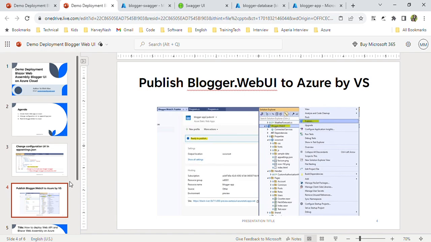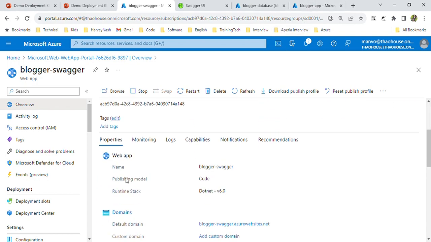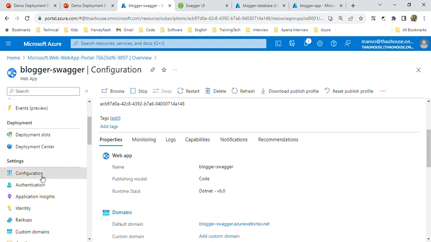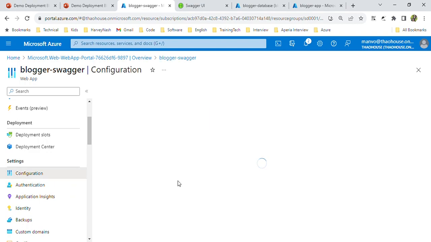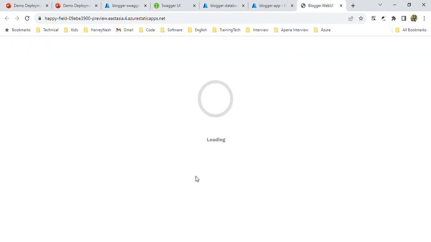Besides that, I would like to review the configuration of the blocker. Here, oh,